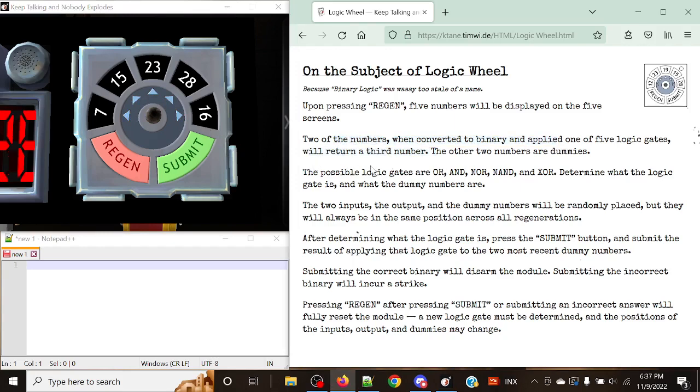So in this case, our 5 logic gates are going to be OR, AND, NOR, NAND, and XOR. So our goal is to determine which gate we're looking at here, while making sure that we avoid the other 2 numbers, which in this case, they are dummies. So, determine what the logic gate is and what the dummy numbers are. So in this case, we're trying to find the 3 numbers that are used for the equation in the logic bit, and what our dummy numbers are,